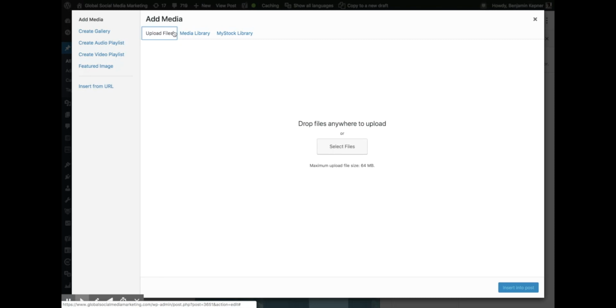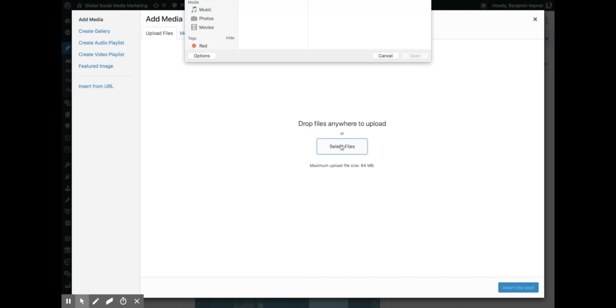I think that's the best practice, because if you create your own images or you buy those images, then you're never going to have any legal issues. Where if you don't do either of those two and you do something else, there could be legal repercussions, and you're just creating potential problems that you could prevent by just doing what I told you, which is buying images or creating your own. So uploading those files here would just be as easy as selecting a file,